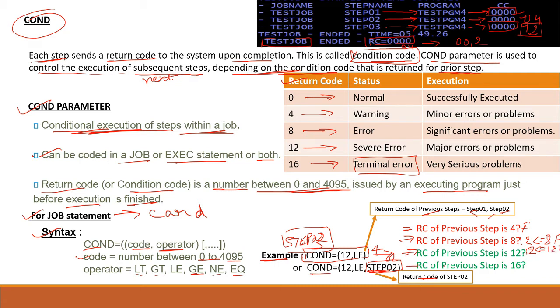And if the return code of the previous step is 16, is 12 equal to 16? It is also true. In both these cases, the COND condition is true, so that step will be bypassed if the condition is true.